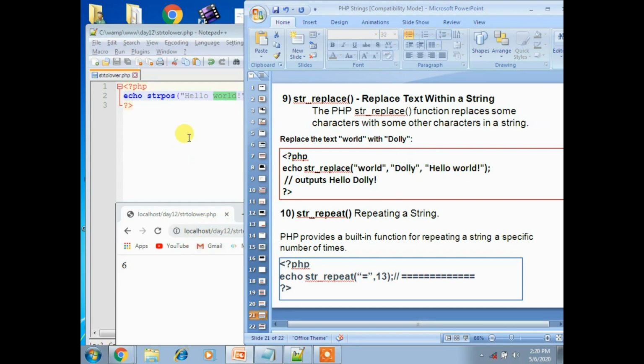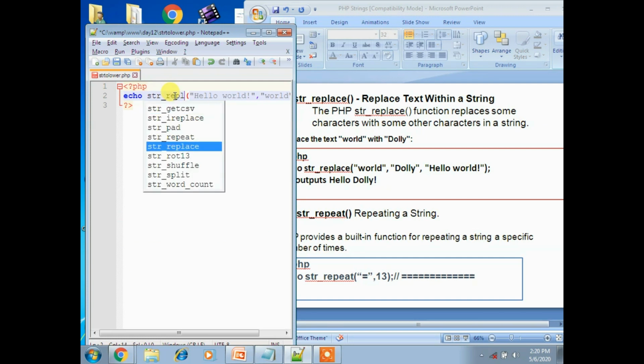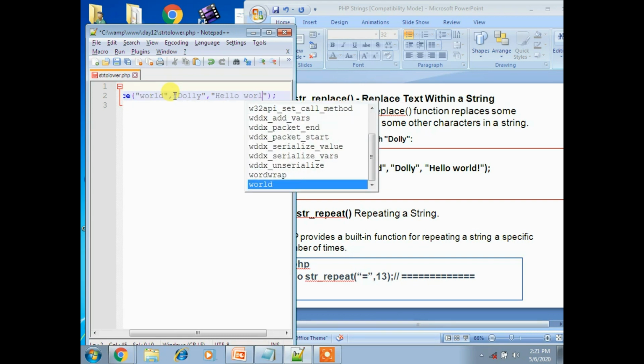Now let's see the execution part, which is str underscore replace, right? So str underscore replace. Okay, and here I am placing the word, and now I am taking this other thing, that is dolly, and now I am placing the original string, that is the main string, hello world, right?